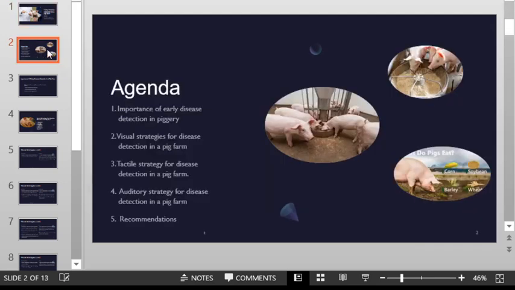So the agenda of this course, the introductory part will focus on explaining what the importance is of early disease detection in a piggery farm, and then we'll look at 3 strategies for disease detection in the pig farm. The first strategy is the visual strategy. We'll look at the tactile strategy. We'll also look at the auditory strategy for disease detection in the pig farm,